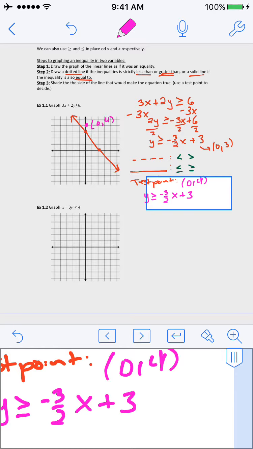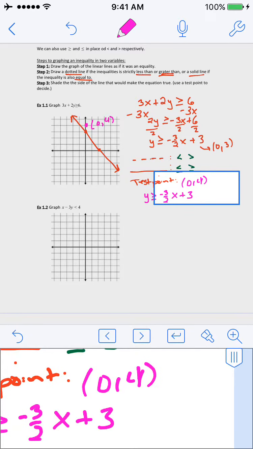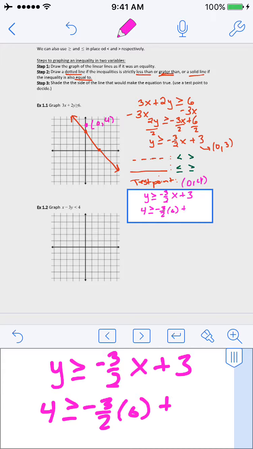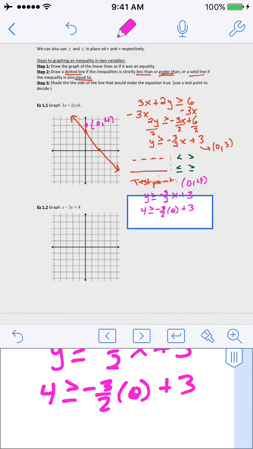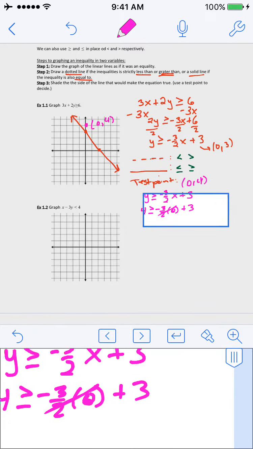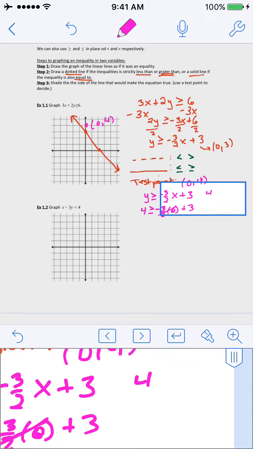Your true values. So if this value is indeed true, I should get something that makes sense. Let's see if that actually happens. So 4 is greater than negative 2/3 times 0 plus 3. There's a reason I chose this point, because I wanted 0 to cancel with this stuff. That's not vital at all. It's definitely not necessary. But if I go over here, I get that 4 is greater than or equal to